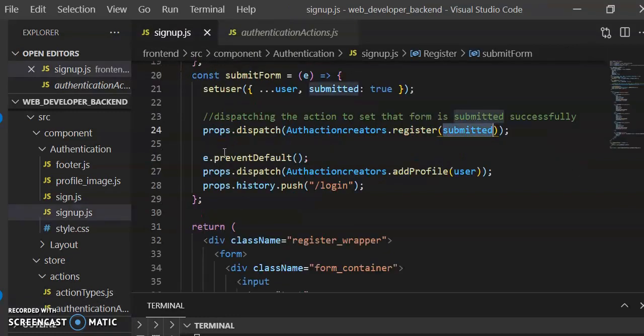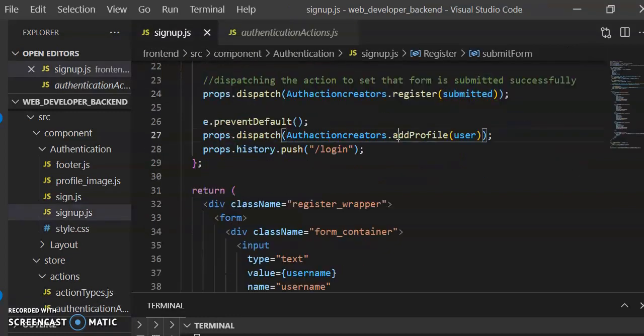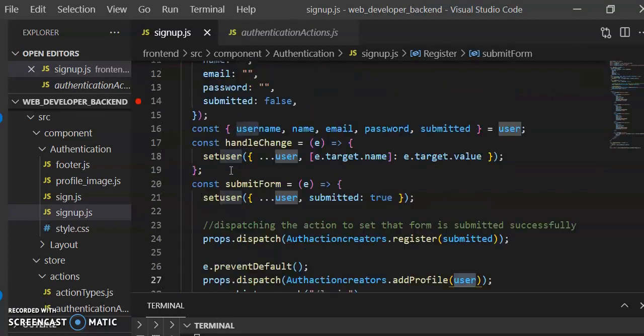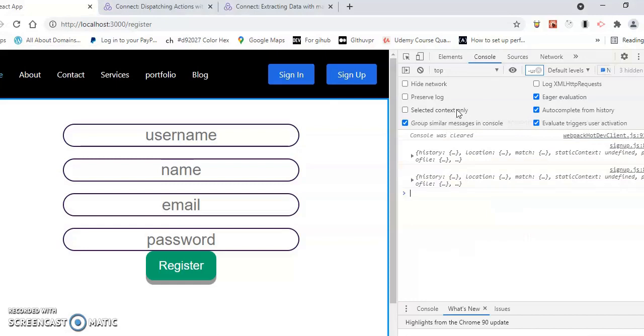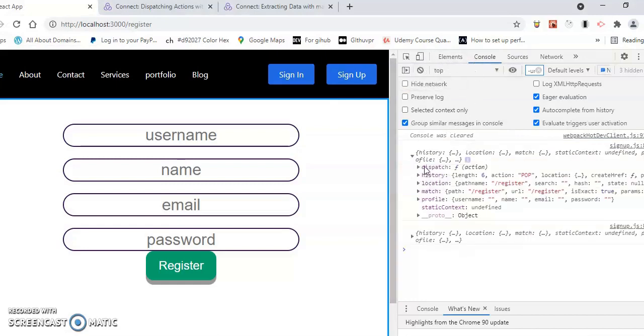Then we are also accessing the profile, and we are giving the user, the user which is in the state, and we are also using the history function of the props to log in. You can also see what we are giving, using that dispatch function to